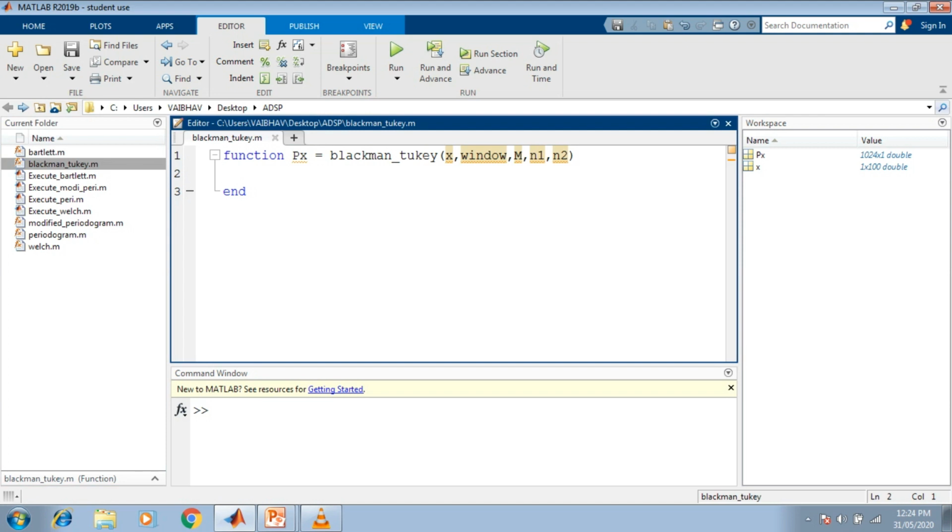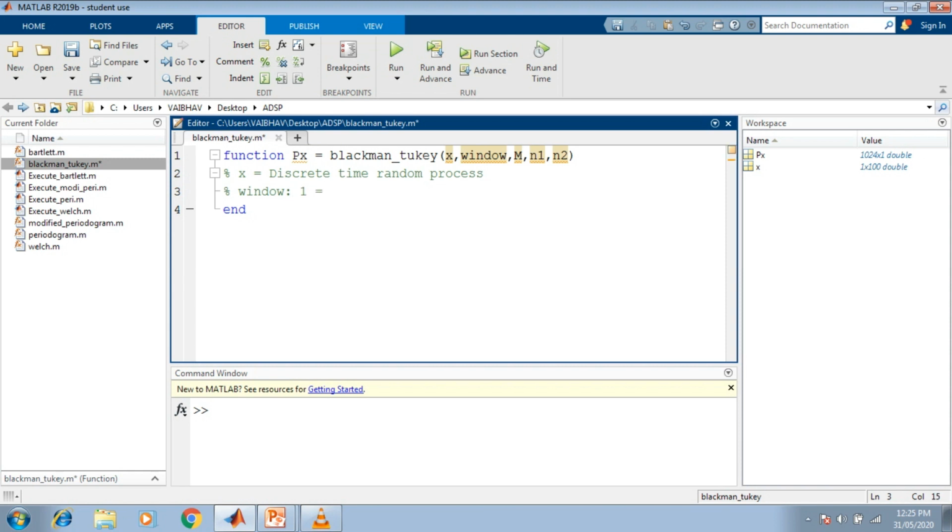Now before developing this particular function, as we are all familiarized with x being the discrete time random process, to avoid confusion we will write the details of what we are accepting as input here. After x here we require the use of window. So window can take 5 different values.